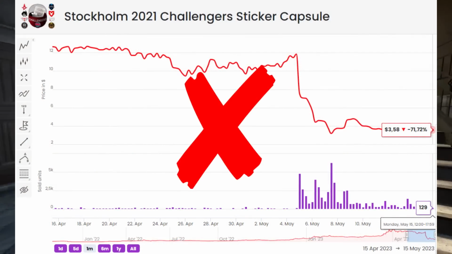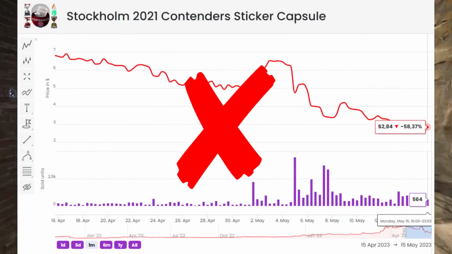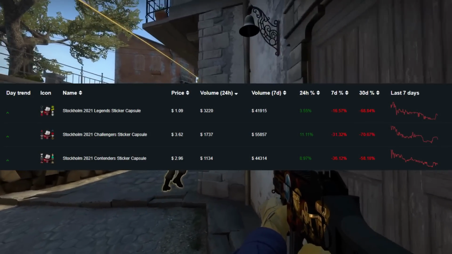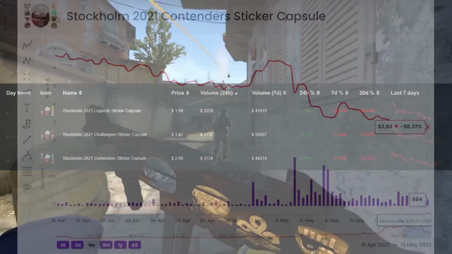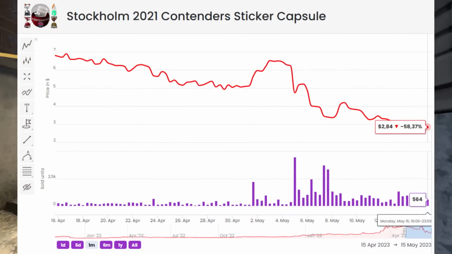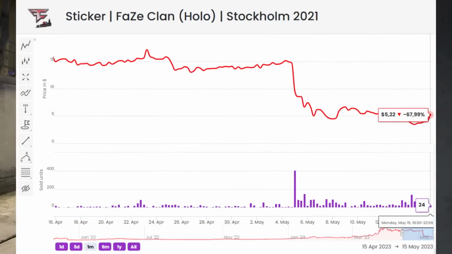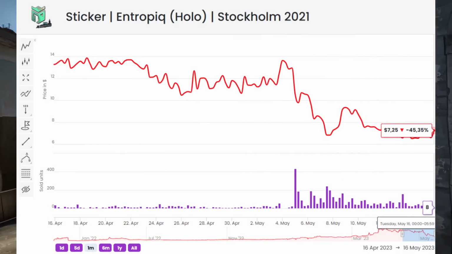The problem is it's not dependent on my opinion, it's dependent on the market opinion. And you can see very clearly what the market thinks looking at one specific capsule, and that's the Stockholm Contender sticker capsule. That's because there's only one sticker repeated in this, and it's phased. But the thing is, if we want to look at all the specific stickers inside of this, they're almost all